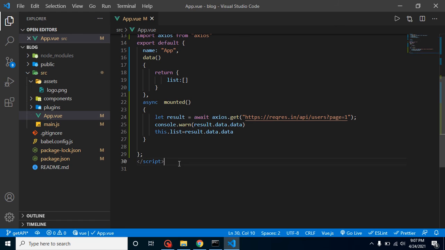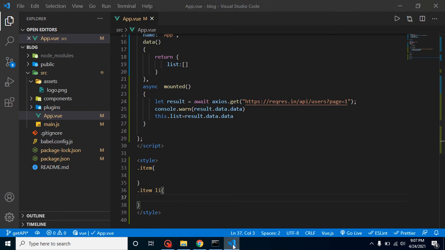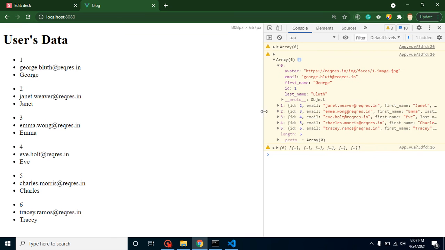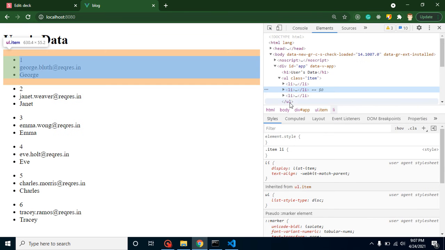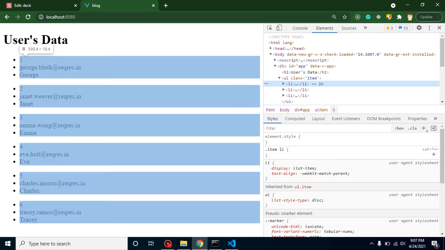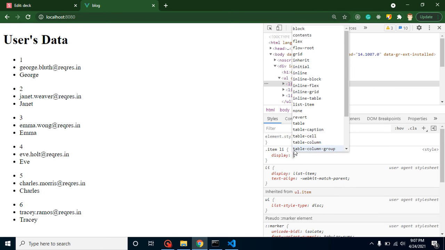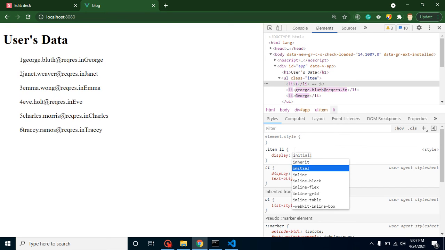For that we can add some style here. So simply put here a style tag, close it, and now simply take here dot item, and we also need dot item li. We can also add style directly here, but I just want to show you applying it in real time. That's why I will apply it with the dev tool. So just use here dot li and apply display inline-block here,